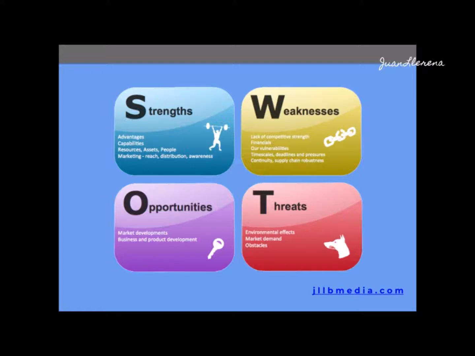Okay, and probably a lot of you already know what this is, but we're going to talk about it in further detail, and how you can use this for a new business, if you are a new startup, or you're even just thinking about starting a new startup. Maybe you're working for somebody else, and maybe you're thinking of starting your own business, and there are simple ways that we can effectively discover what our strengths and weaknesses are, and the opportunities and the threats that exist for our potential business or for our new business that we just started.